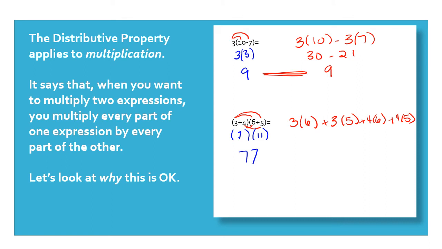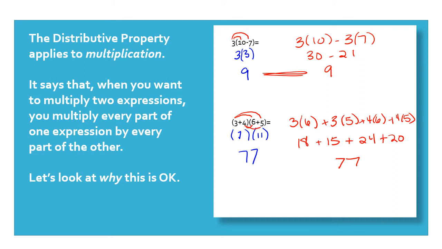Okay, now this is a really long drawn out way to do this, and we would never do it this way with just purely integers. So 3 times 6 is 18, 3 times 5 is 15, 4 times 6 is 24, and 4 times 5 is 20. So now I have to add all this up. I mean, this is a real pain. I have 8 plus 5 is 13, plus 4 is 17. So I've got 10, 20, 30, 40, 50, 60, 70. Look at that, 77. So this over here in red, that's just really a silly way to do that with integers. But